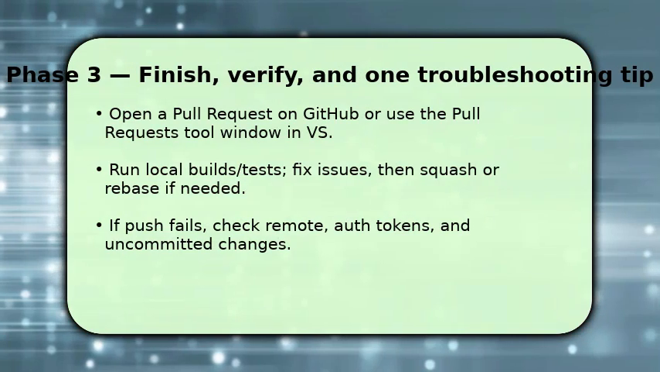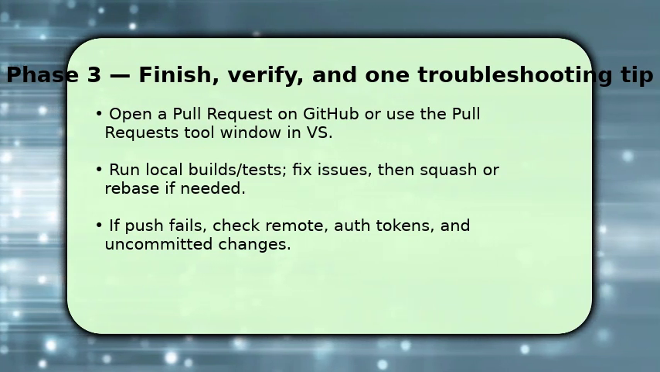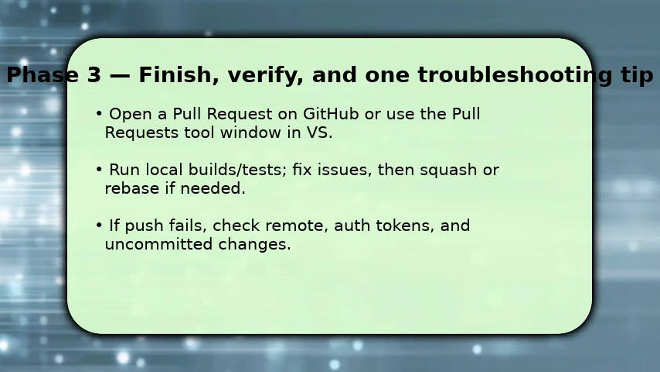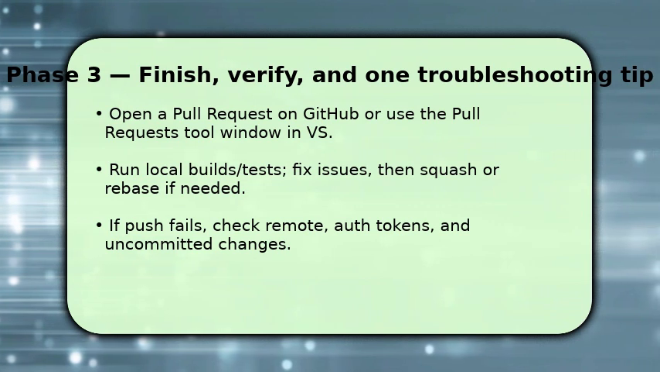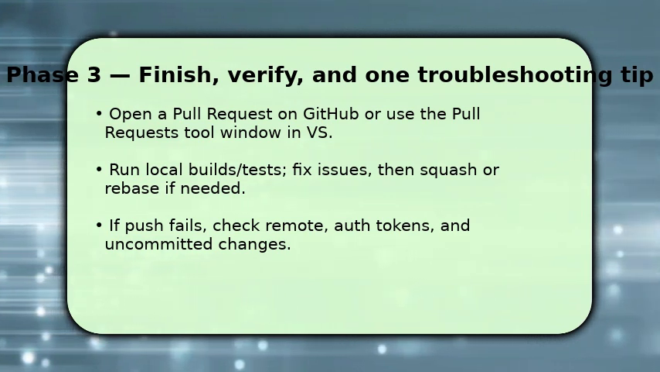You finish by opening a pull request from your pushed branch. Include a concise description and link related issues. Before requesting review, run the solution build and unit tests locally to catch regressions. Once reviewers approve, complete the PR on GitHub or merge from Visual Studio, choosing to squash or merge depending on